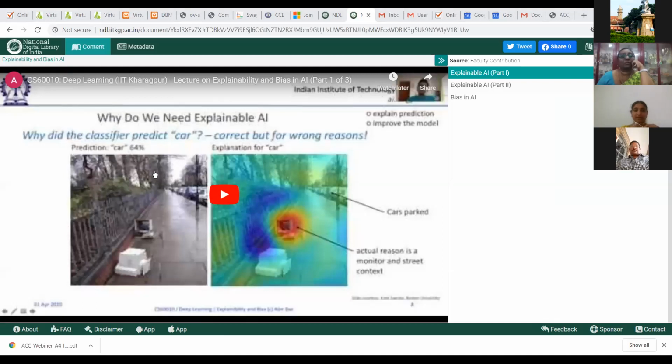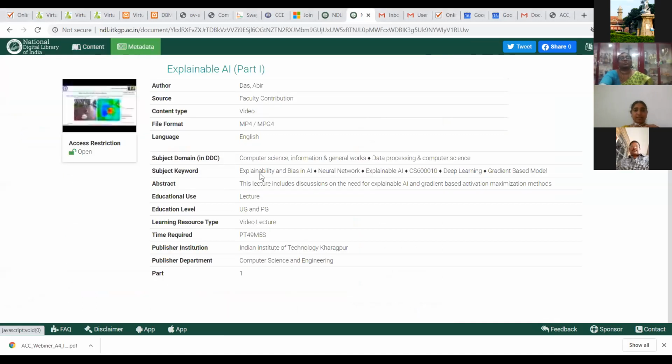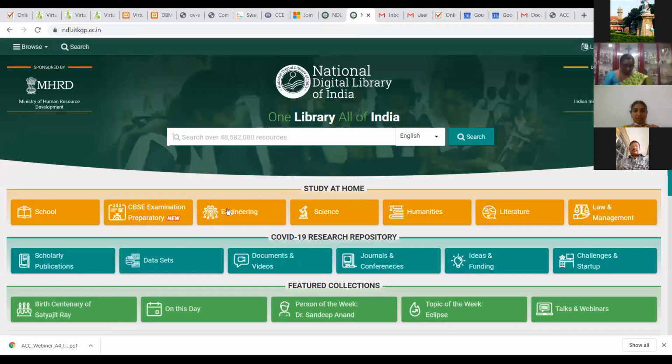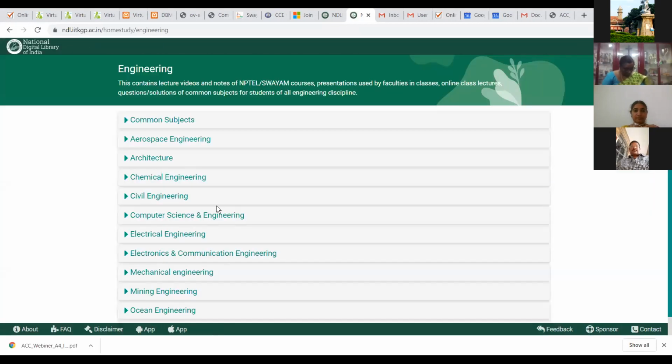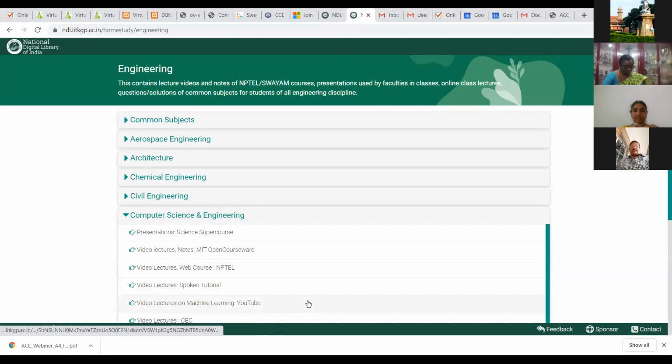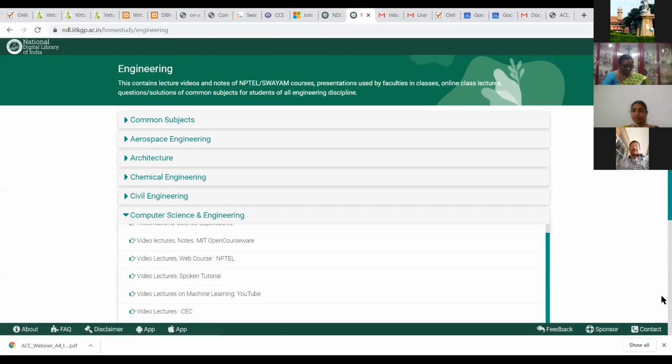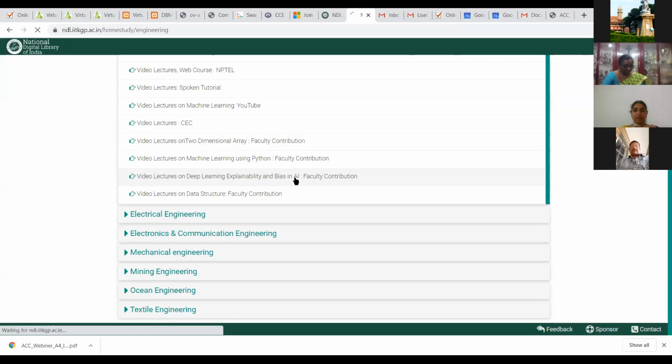See, if you take this, the deep learning concepts, you do have the advanced concept, this one. And if you see the metadata here, you do have the information of this, who has created this, how long is this video, and for whom this video is. And not only that, I would like to show you, if you take this in the computer science and engineering, this faculty contribution,